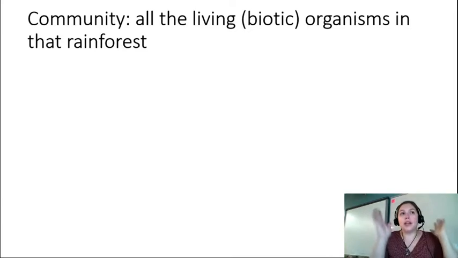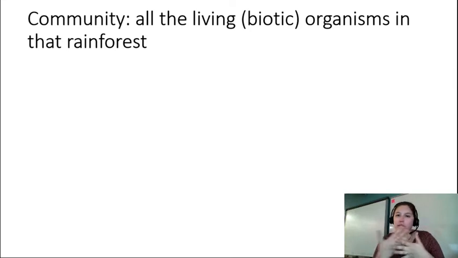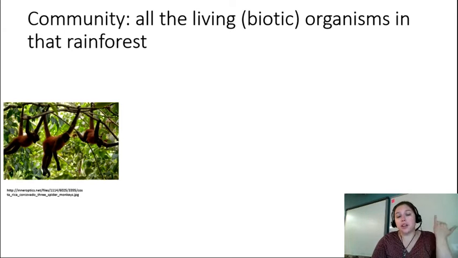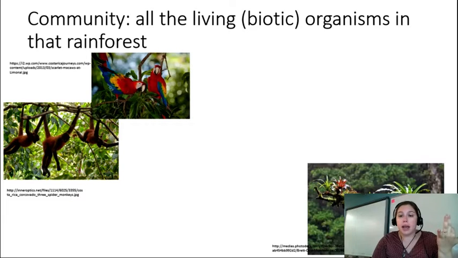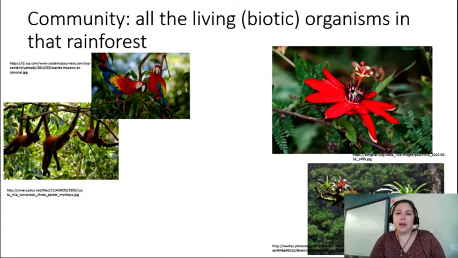Okay, now we have to narrow down even more to community. And community are only the biotic organisms in the rainforest, but it's how all of them interact together. And so this is just a small snippet on the Osa Peninsula of all the communities, but there's spider monkeys and macaws, and these are called bromeliads. They're plants that grow on other plants. They're the kind of spiky things coming up. And this is a passion flower,